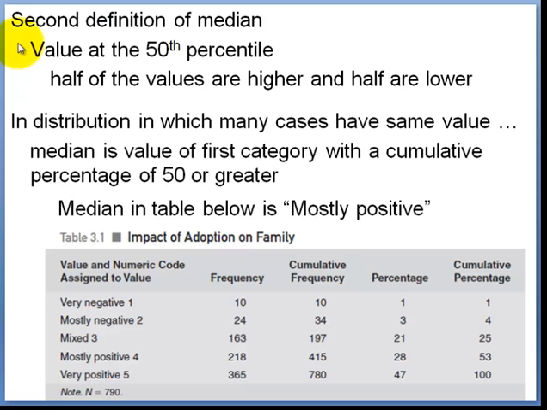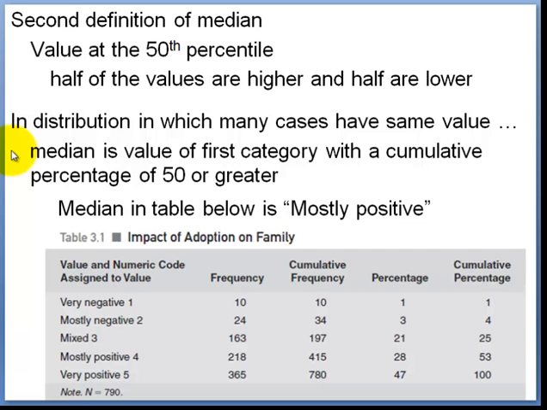A second definition of the median is the value at the 50th percentile. At the 50th percentile, half of the values are higher than the given value and half are lower. You might have a distribution in which many cases have the same values. In this situation, the median is the value of the first category that has a cumulative frequency percentage of 50